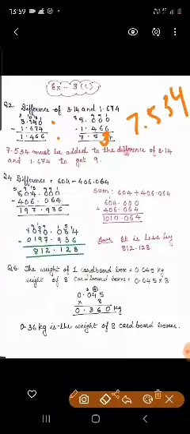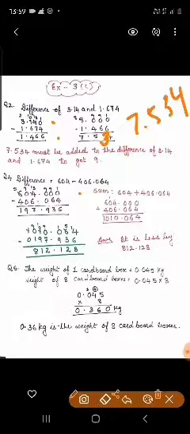Okay. Now the next question, we will do question number 4, children. By how much is the difference of 604 and 406.064 less than their sum? That means one time we need to find out the difference. That means we need to subtract. And another time we are going to find the sum. We will add. And then finally we are going to subtract both to find out how much the addition is more than the subtraction. So over here I am taking 604, which is a whole number. So I am going to add 000 as a decimal at the back of the point. So it will be 604.000 minus